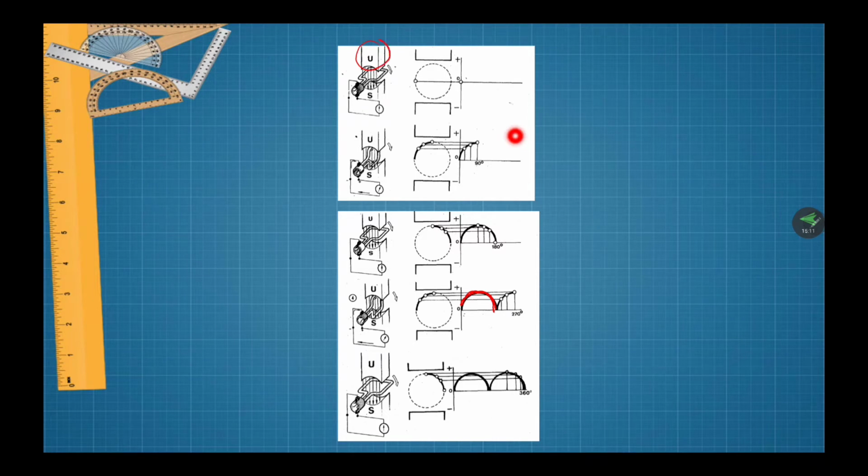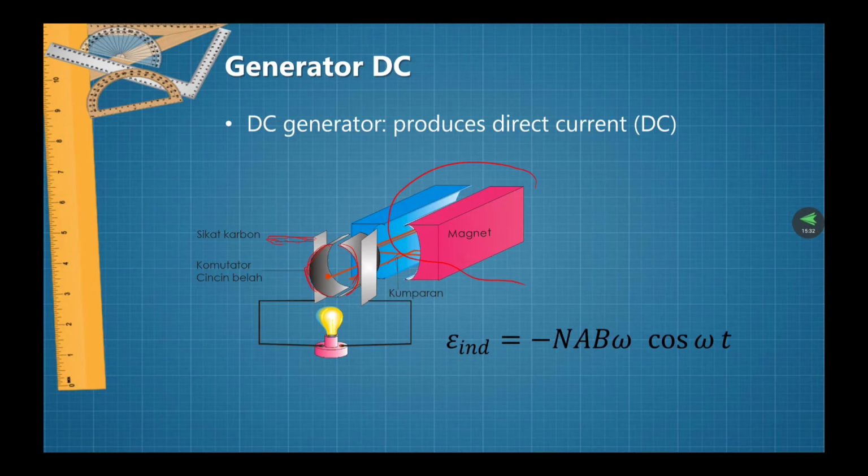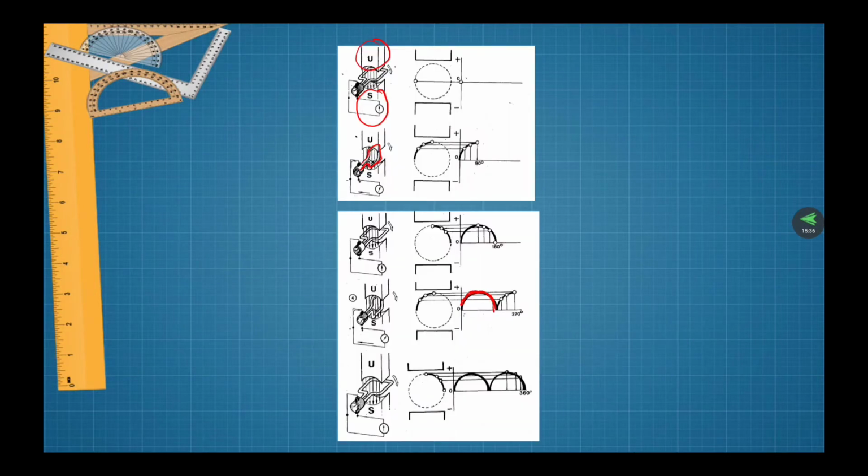We can see this is the pulse for north and for south, and it will be created when the coils are turned 90 degrees, so it will create half of the waveform, and then it comes back at 180 degrees, so it will create the other half, and the result is we can see in this